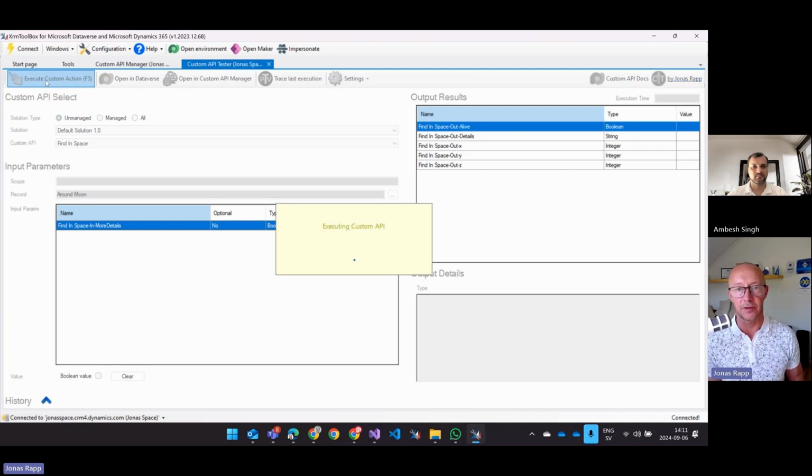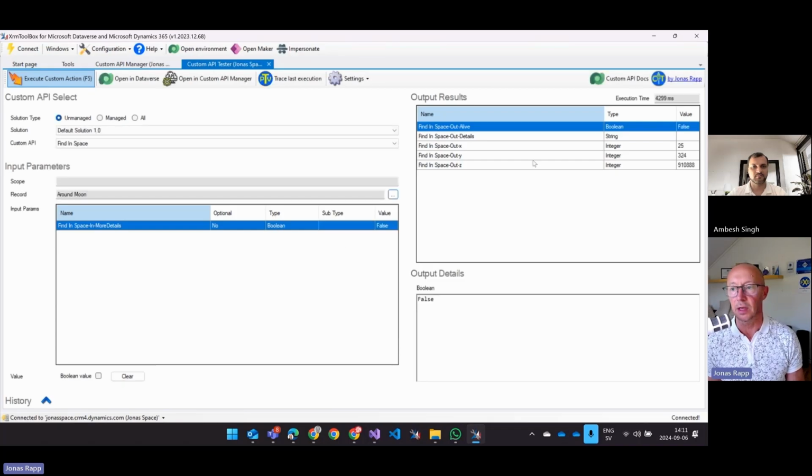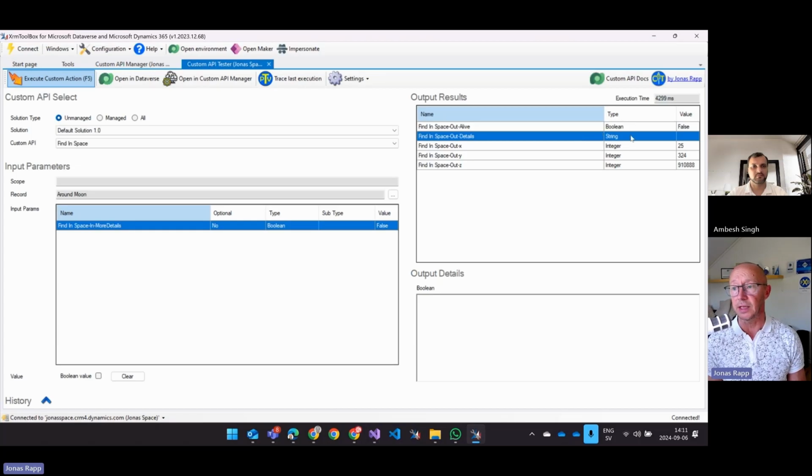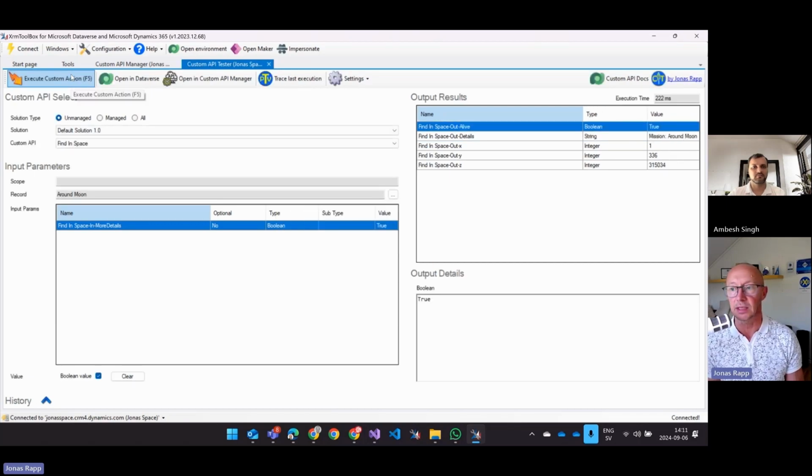Now I've entered enough information to run it, and we see it's running, and we see the result here. I don't have anything in the details, since I said I didn't want it. And then I have XYZ, some random numbers, because I don't know where it is. Then I can check this one, run it again, and see if I get some more details. Yes, I will see the details. The mission is